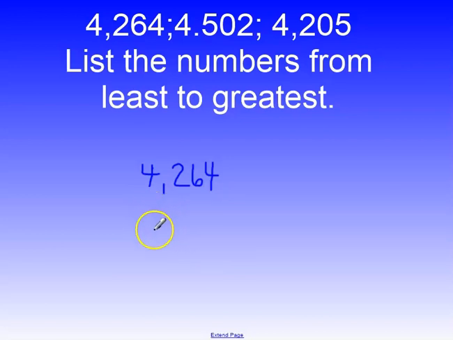So we have 4,264, 4,502, and 4,205. I'm doing my best to make sure that all of those place values are lined up with each